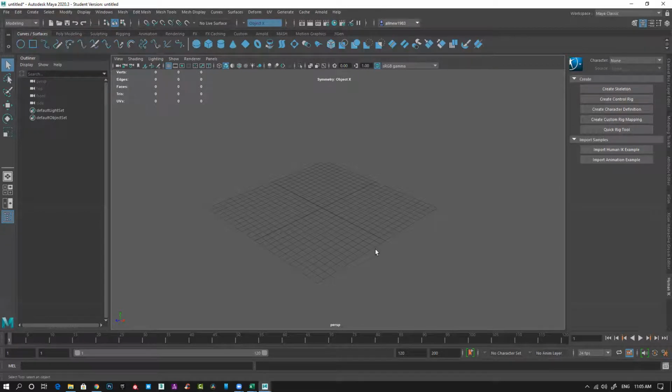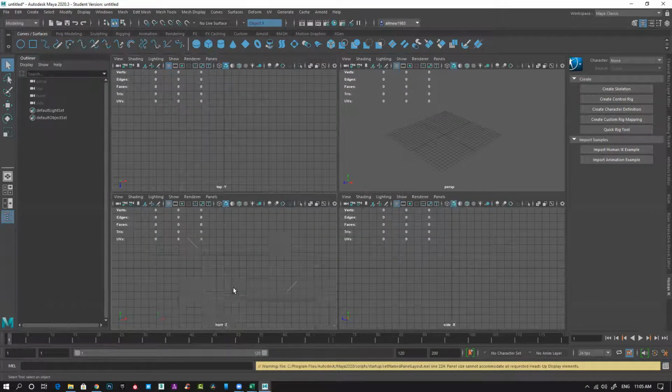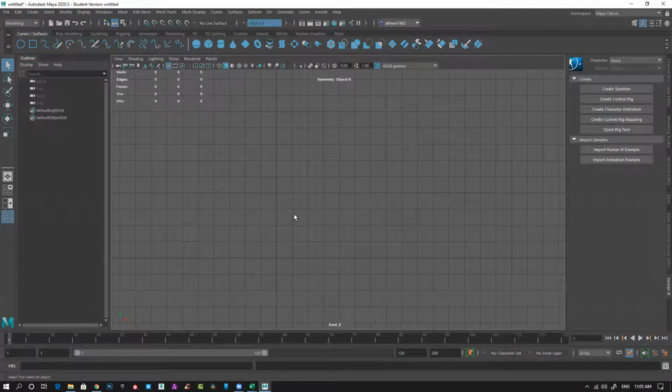Suppose I want to create something with the help of splines. Like the spline modeling you have in Max, the exact same thing I can do here. In the front view, I can do that with the help of the curve tools, like the EP curve tool.